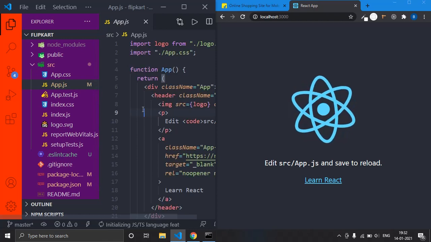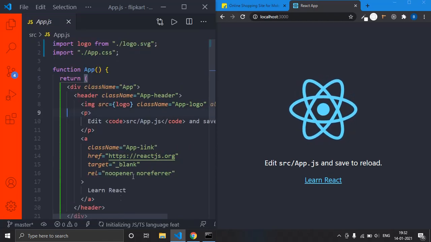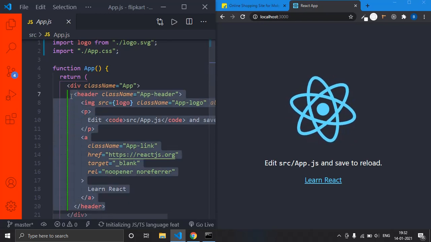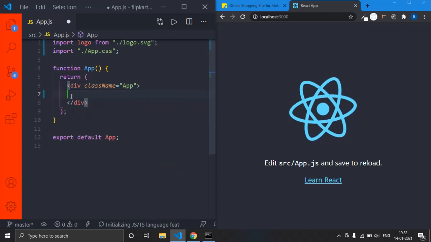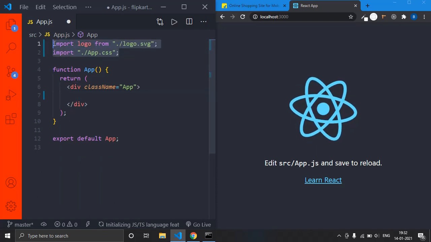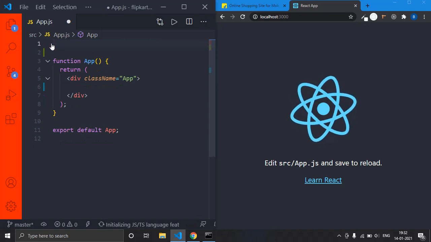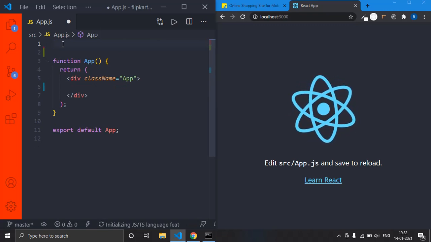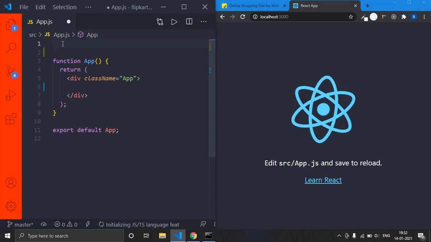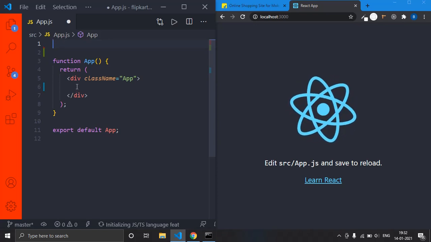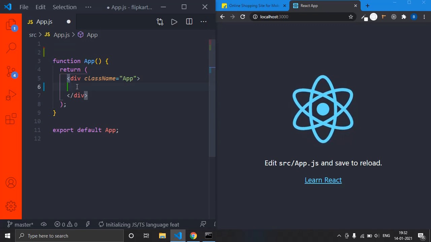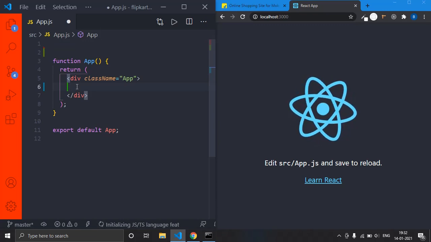Now let me close my sidebar, and the shortcut for that is Ctrl B. Now, I don't need this header anymore, right? So I'll clear that header, and I don't want these import statements as well. And one cool thing is, if you have installed the latest version of React, you no need to import React for including JSX. In older versions we must import React in order to use JSX, but in the latest version there is no need to import React to use JSX.